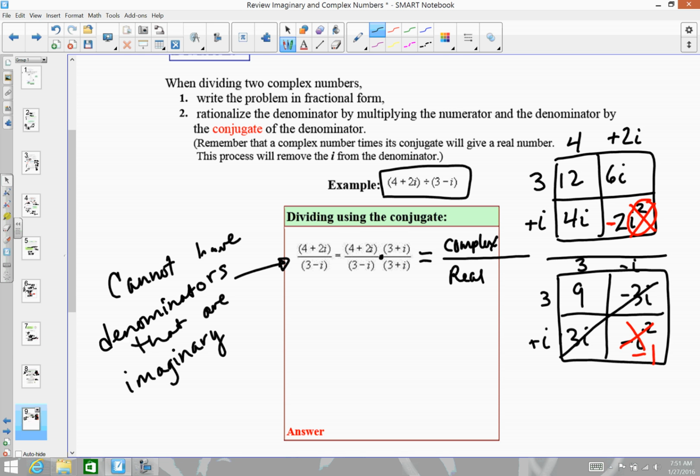So back to my numerator, I have 12 and negative 2, which gives me 10 in the numerator, and I forgot my imaginary part here, plus 10i. And in the denominator, my imaginary terms canceled, and I have 9 and a minus 1, which gives me